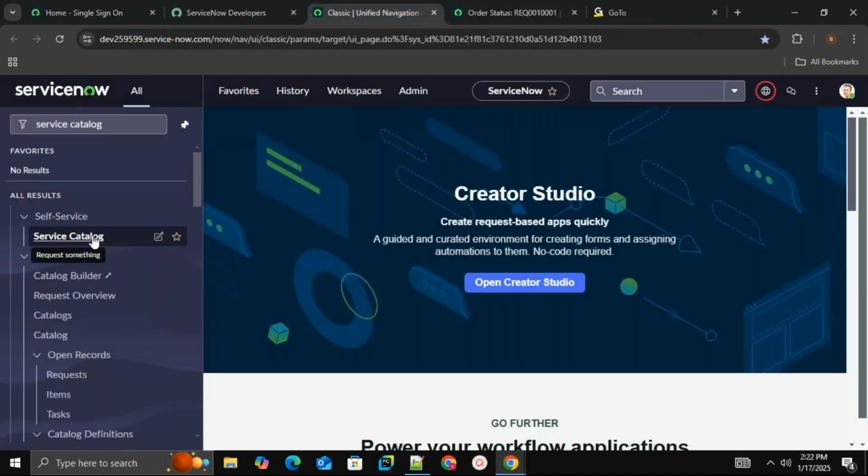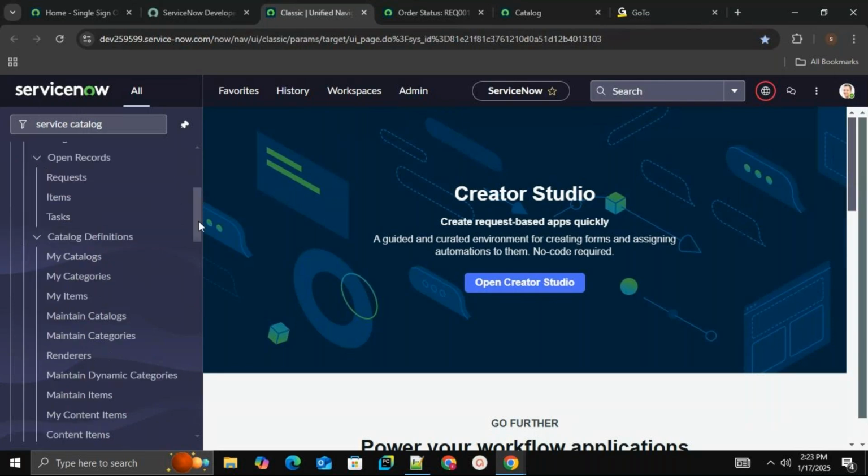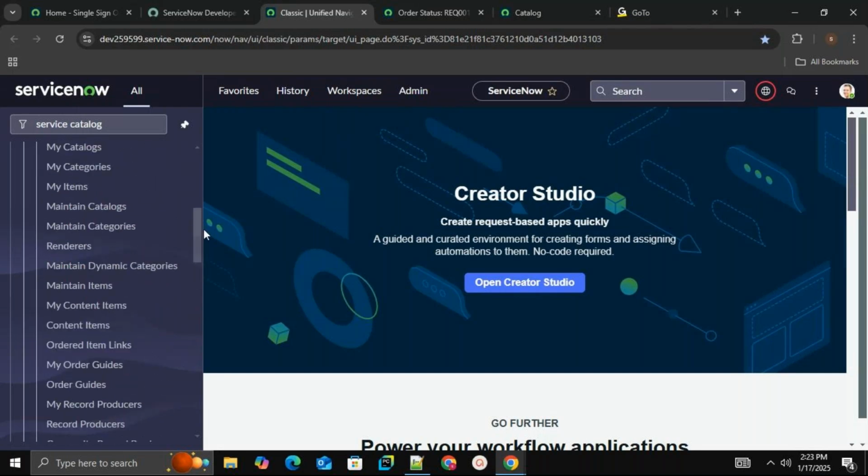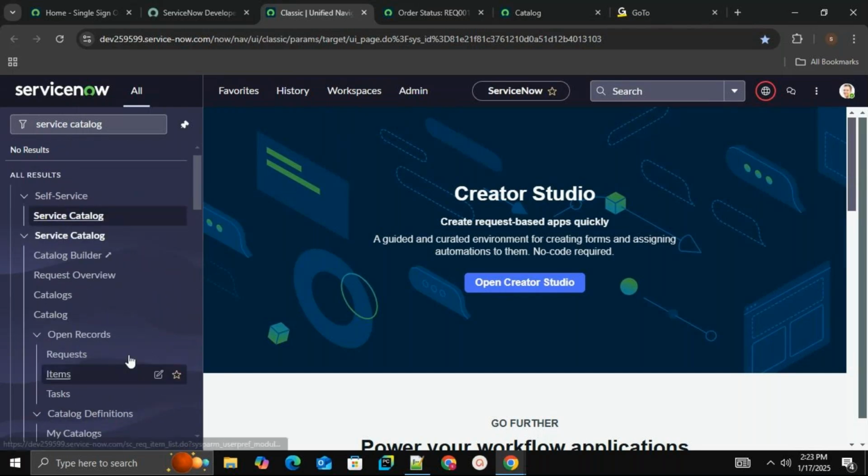Let me open this again. In the same way, we have different categories in service catalog. When you open the service catalog, it shows all the details. We'll discuss all these things, right? We have a request, items, task, and